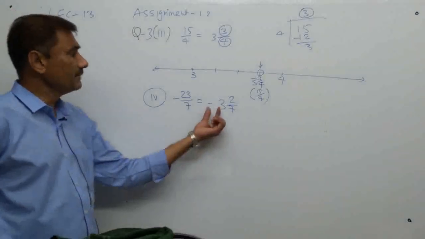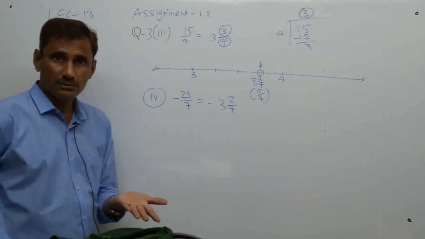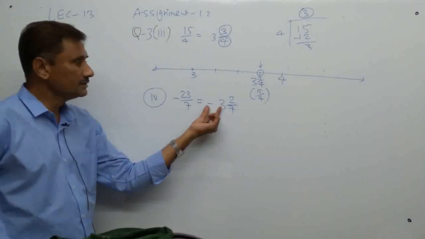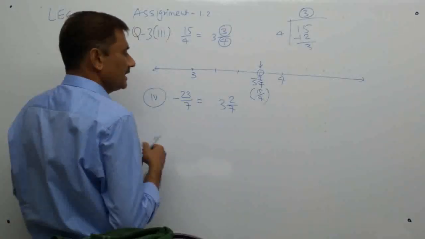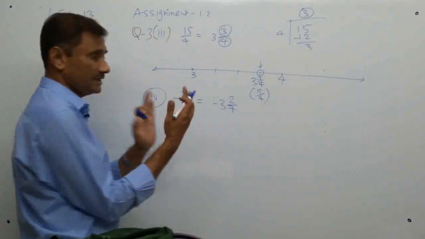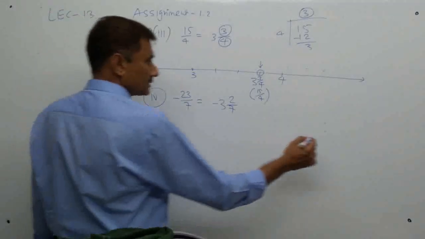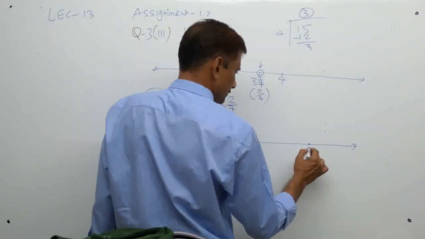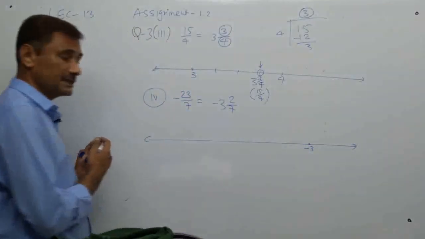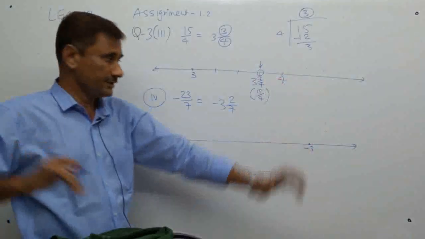So it is between minus 3 and minus 4. Why? According to that, you just go ahead somewhat. So the next number will be minus 4. So it will be between minus 3 and minus 4. So again, you know minus 3 is first of all this side, minus 4 will be that side. You know number line. Okay.